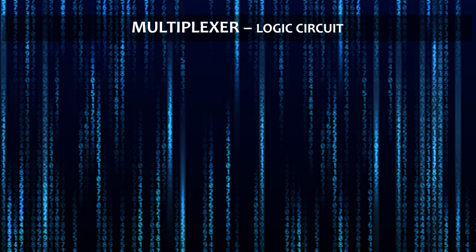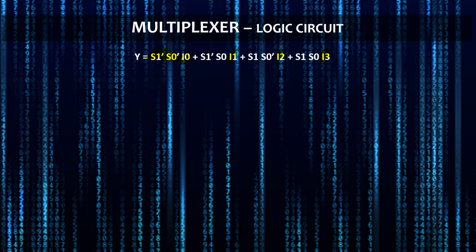Okay, now let's draw the logic circuit. We have already derived the Boolean expression for the multiplexer, and from this Boolean expression we will draw the logic circuit. We already know how to draw the logic circuit, but let's take another chance to see. Here we have S1 and S0 in each section, and along with that we have I0, I1, I2 and I3. It is fixed how many total inputs we need.